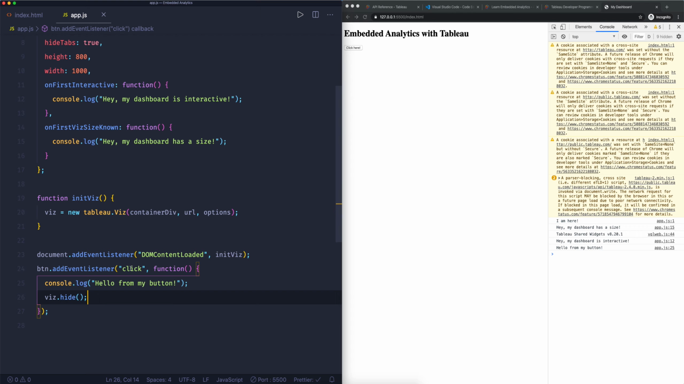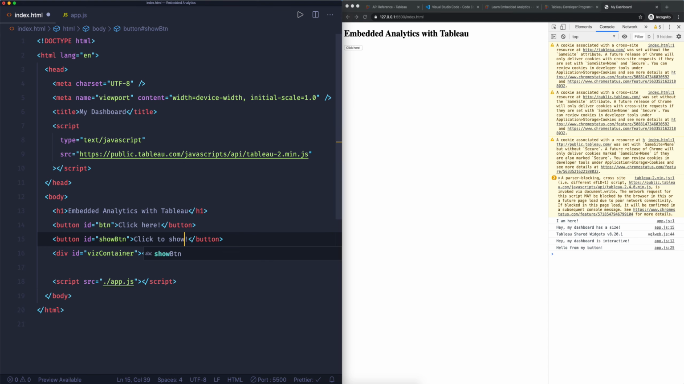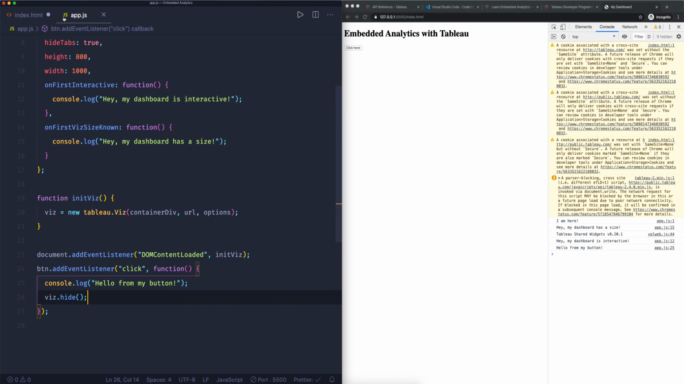Okay. Now, this button hides it. Let's practice a little bit more and let's create another button where we can show the Vase. So we can basically copy this thing over and let's call this show BTN. And then let's do this click to show. Let's say click to hide, just to practice with that. BTN and show BTN. So if we now also go into, let's save this and let's go into JavaScript file,